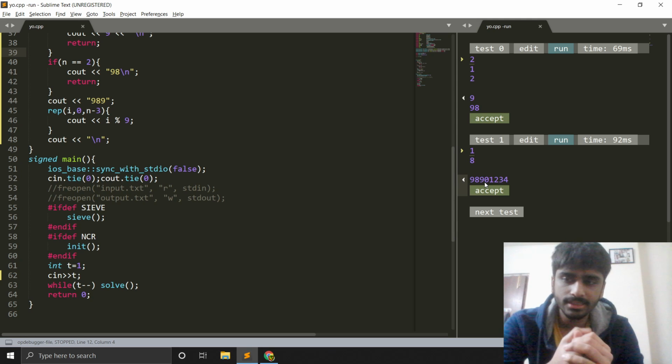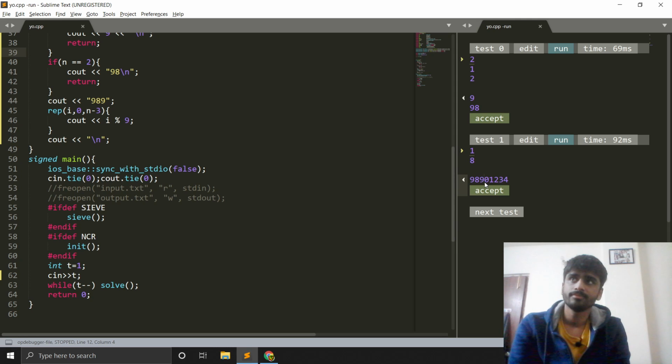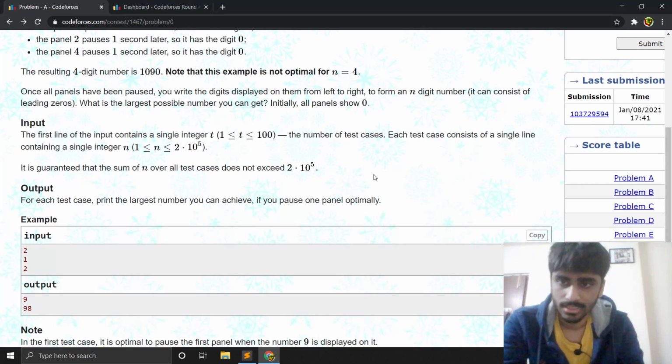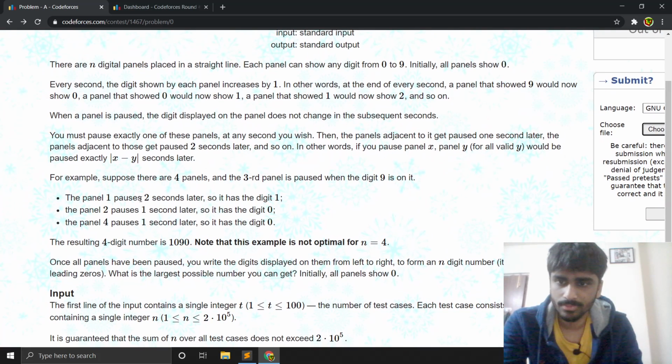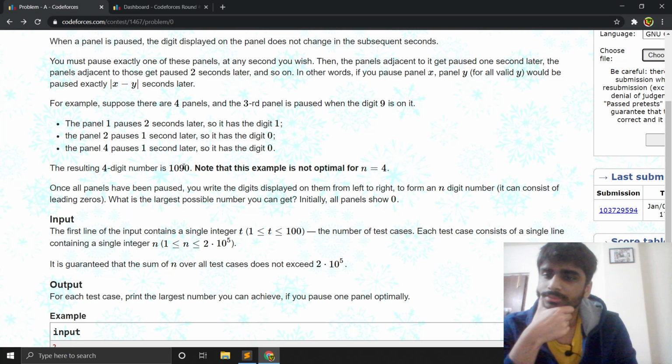The second digit should be 8 because they should differ by 1, right? Any two adjacent digits cannot be the same because no matter where you pause, the consecutive digits pause at 1 second later. So it is impossible to kind of